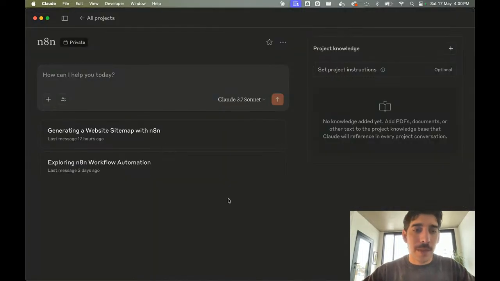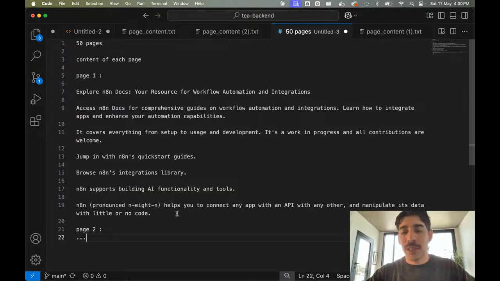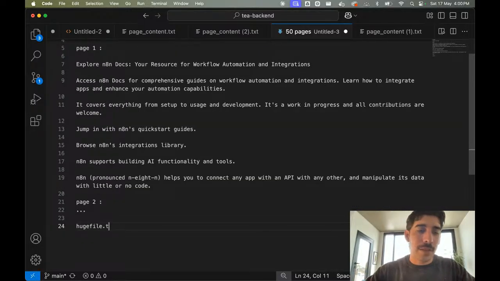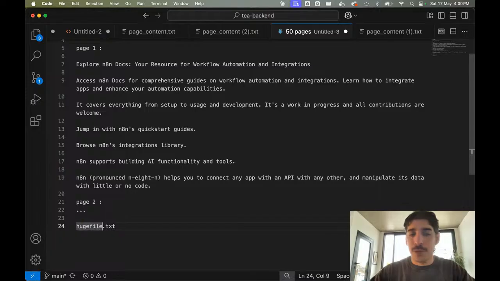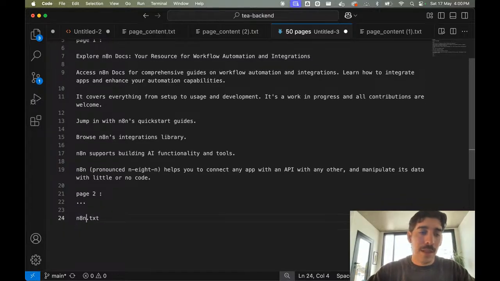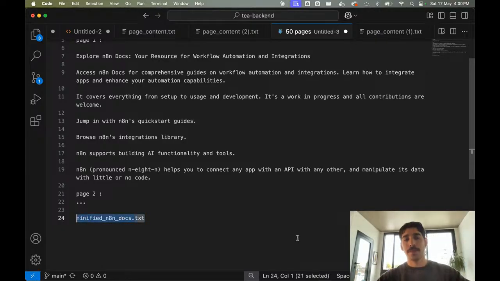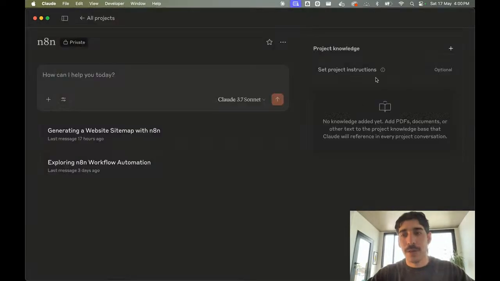So once we have everything, maybe we can just print it to a file, make a huge .txt file. You could pass a name to it, maybe minified and docs.txt, which has everything about it, and you pass it here.